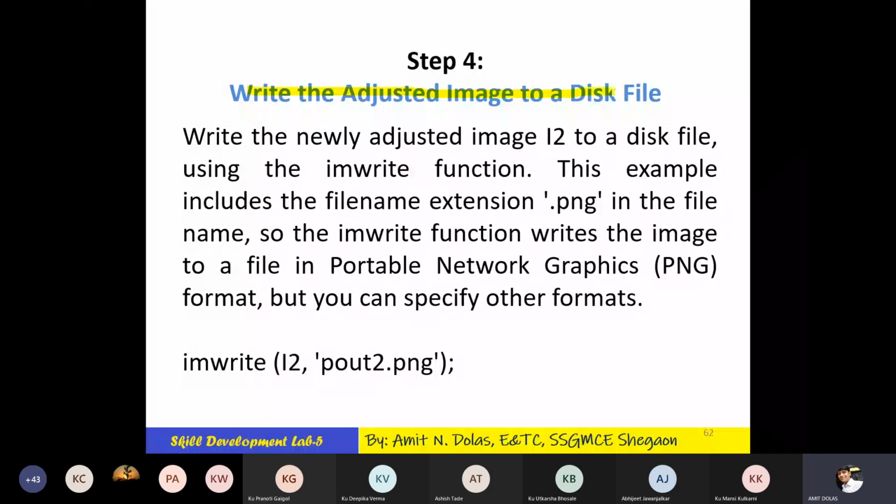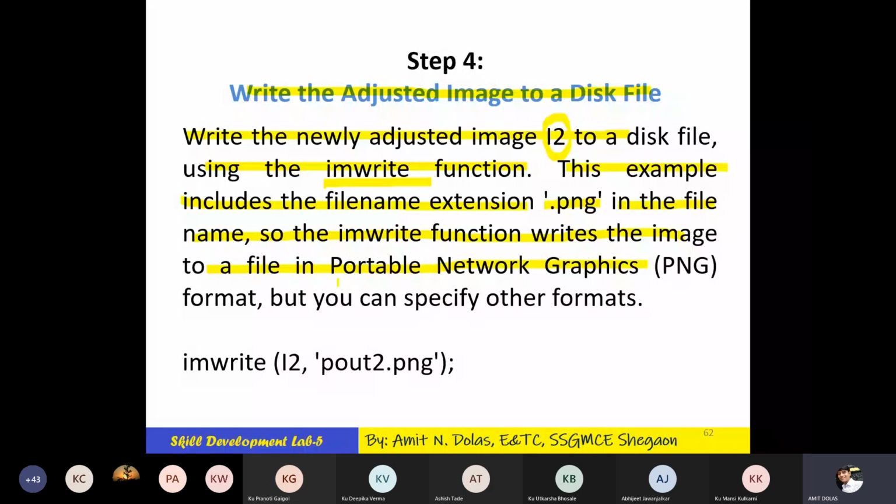Write the adjusted image to the disk. I wanted to write this newly formed k image. Here it is I2, let's consider the k image to the disk. Similarly to imread, we have imwrite, which includes the file name and extension. You may put .png for changing TIF to PNG. No worry about that.